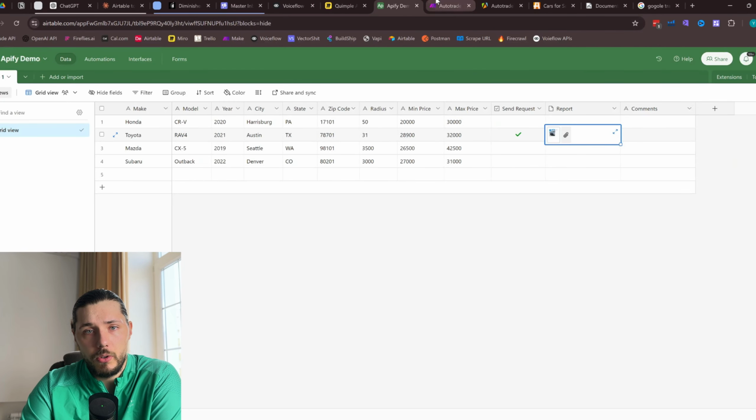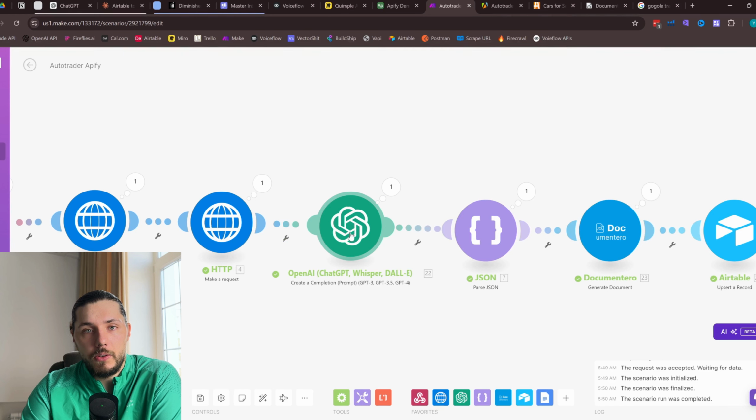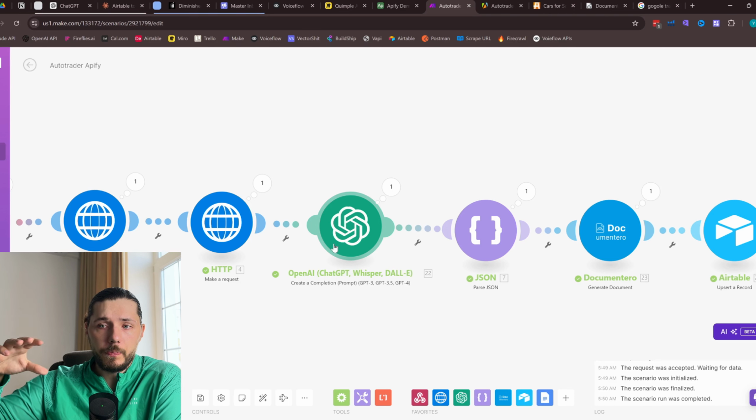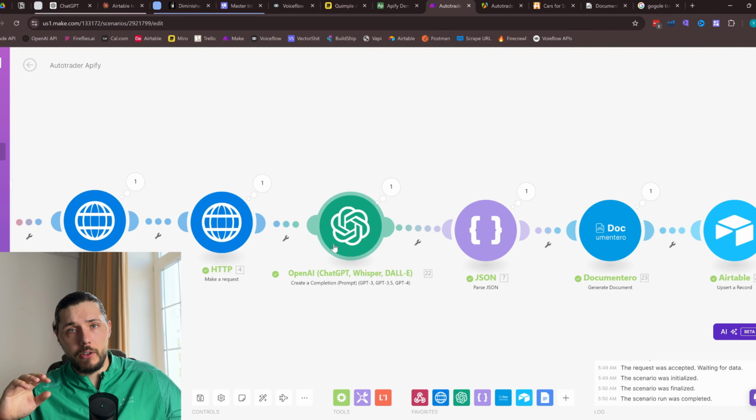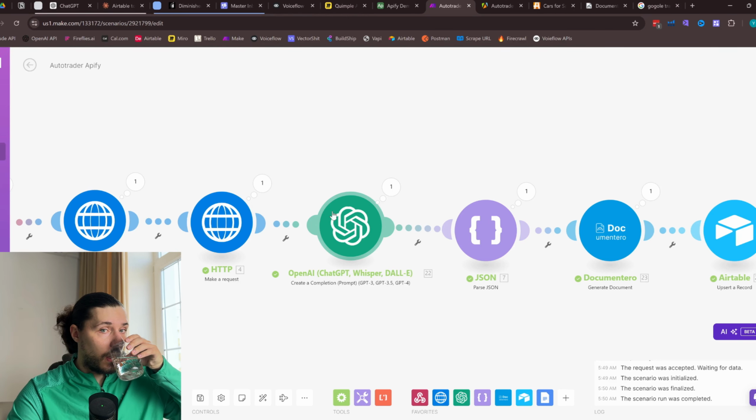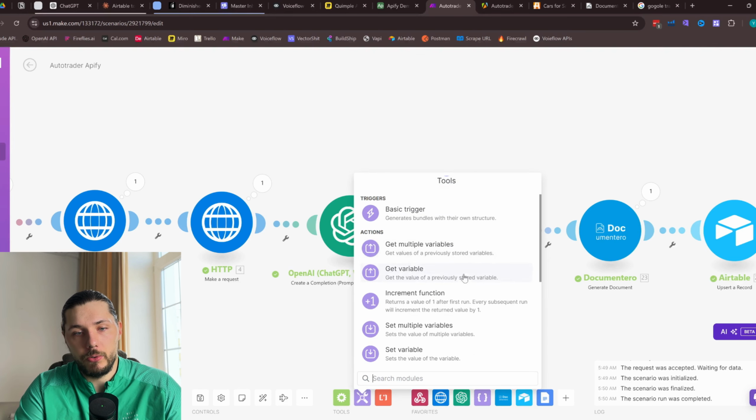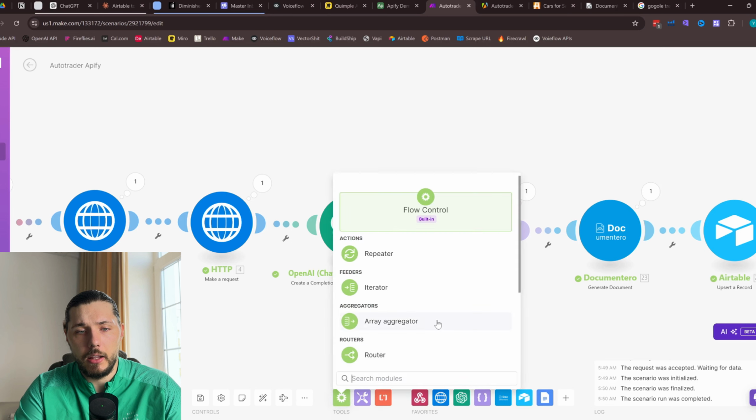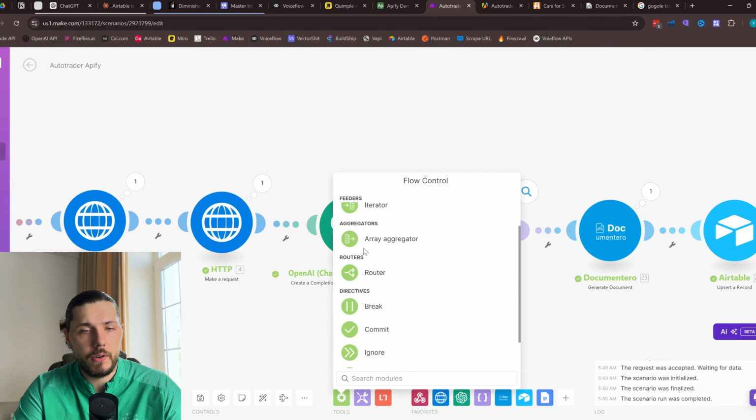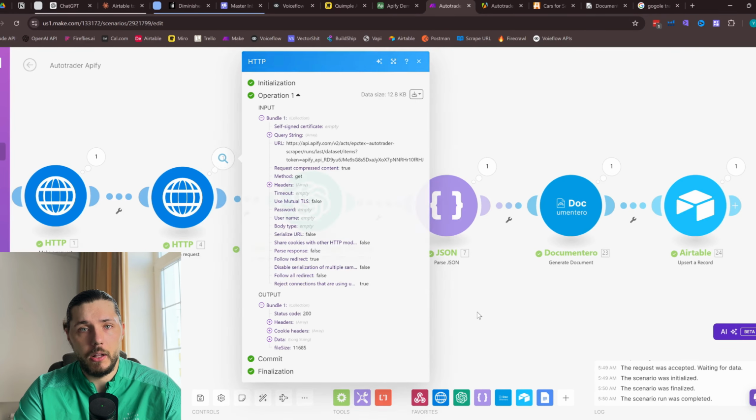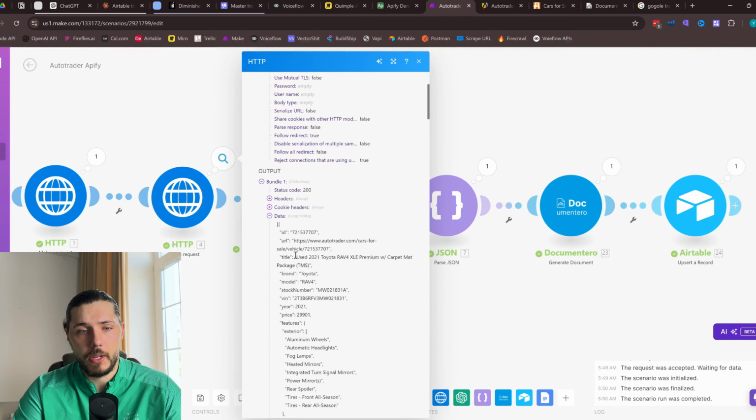By the way, if you don't want to use AI, I'm using it right now since we will still use it when we have 200 results, and we will need AI to analyze all the results and find the best matches based on these comments. But if you don't want to use it, you can obviously use the internal tools like aggregators, array aggregators and iterators to work with this JSON file